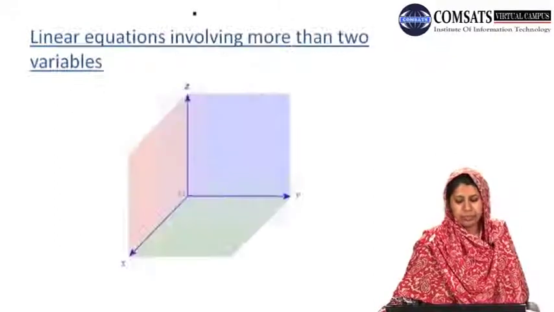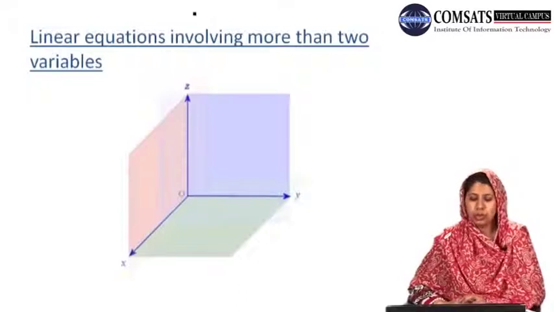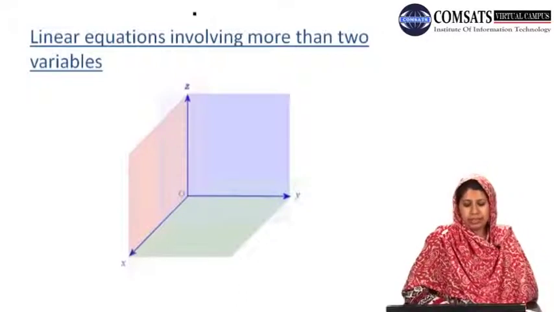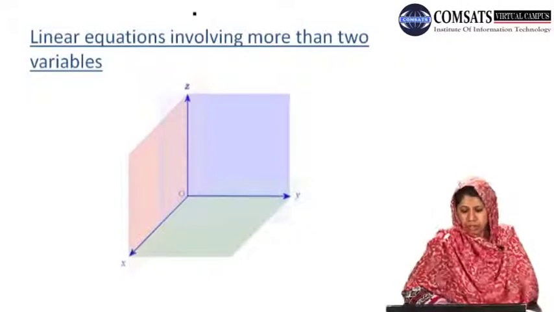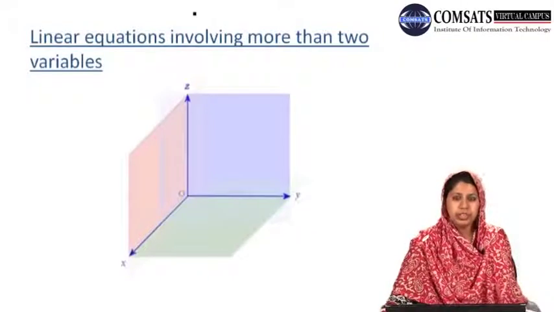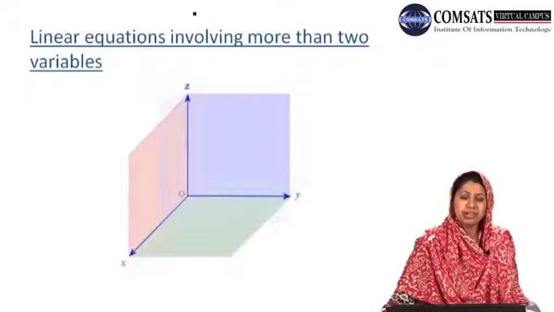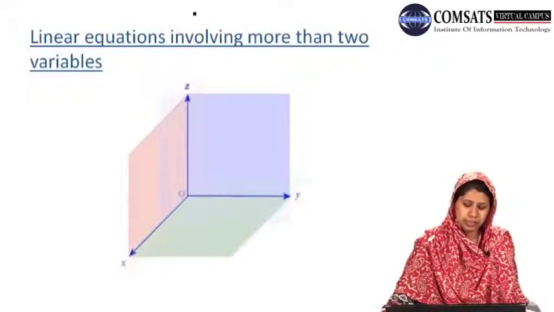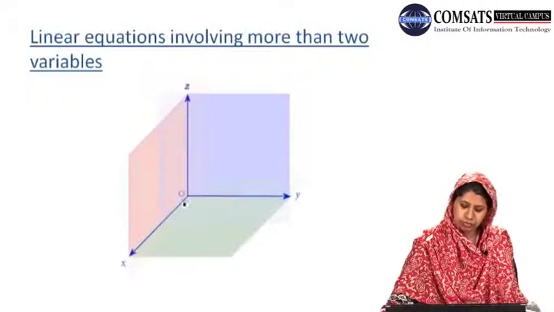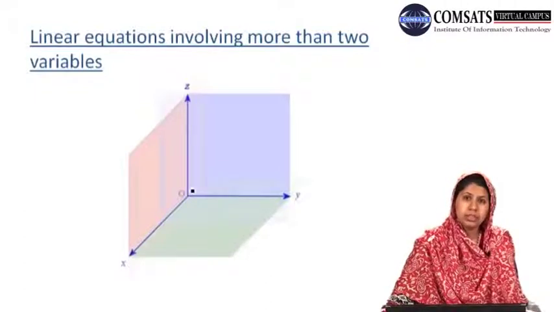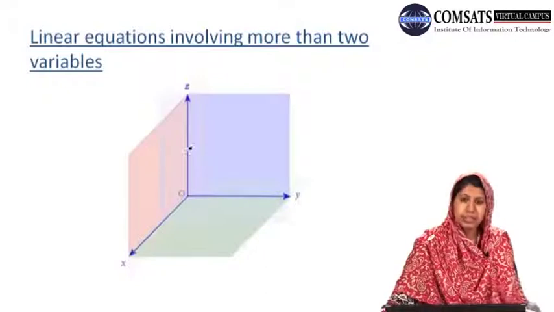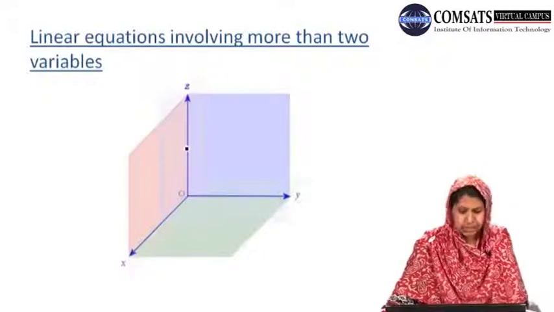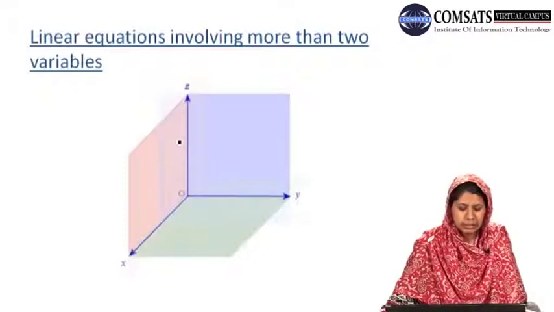Okay, now we come to our topic of more than two variables. That is, when we are provided a linear equation involving more than two variables. Let's say for simplicity we have three variables, that is x, y and z. Then how can we represent our three-dimensional space? We start from the down one. This is our x, then this is our y, and this is our z. But plotting x, y, z on a paper is not easy, or not so pleasant.